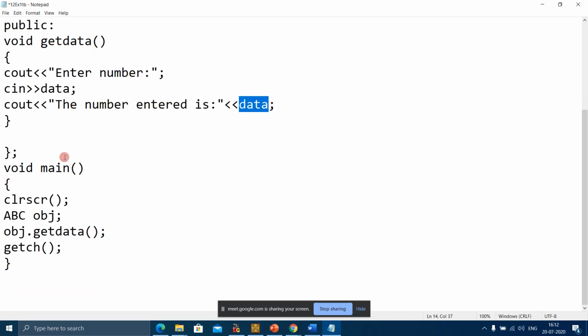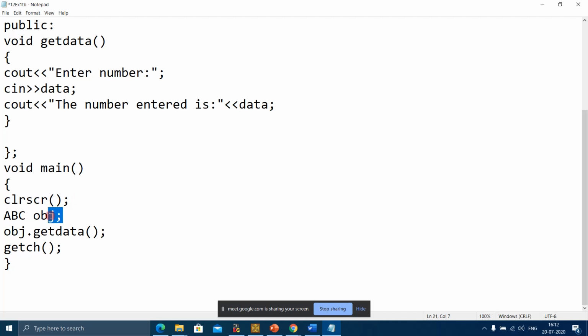Now here's the main function. I told you whatever is going to happen happens because of the main function. This main function is outside the class. Here CLRSCR is used for clear screen.